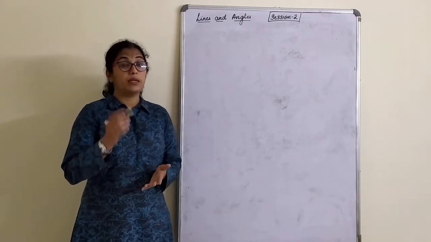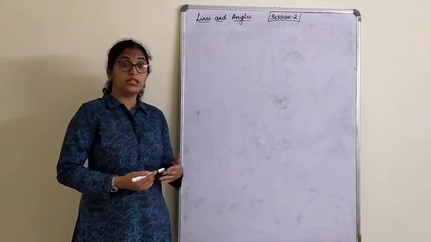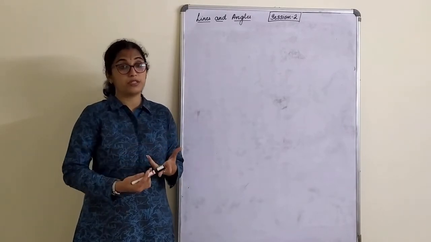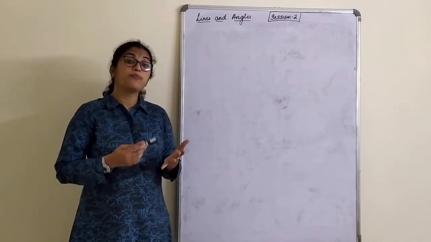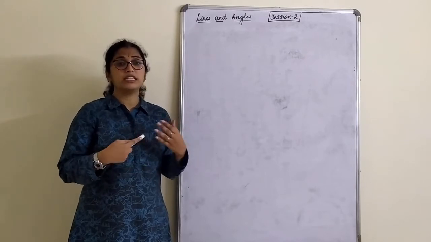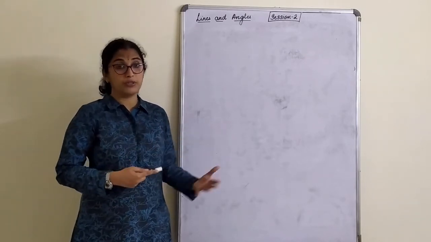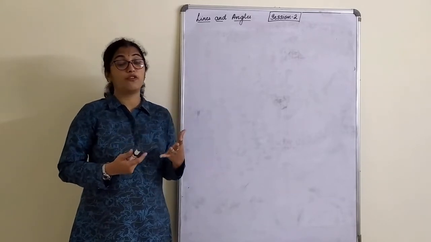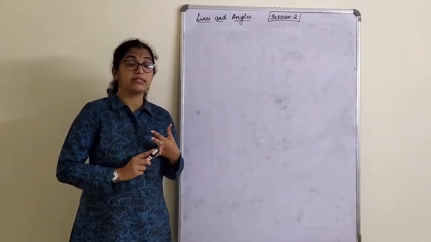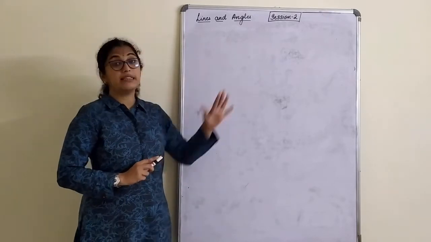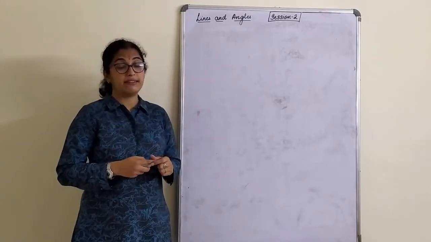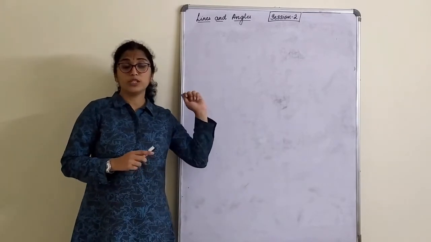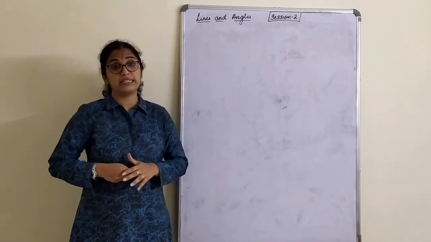Apart from that, when a parallel line is cut by a transversal, we also understood how many pairs of alternate angles, vertically opposite angles, corresponding angles, interior angles, of course including linear pair also, and how they are formed. So I think by now you can identify pair of alternate angles, corresponding angles and interior angles in the given figure if a parallel line is cut by a transversal. So today's session will be all the theorems in the chapter lines and angles.